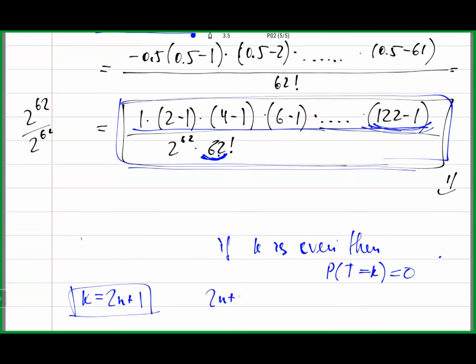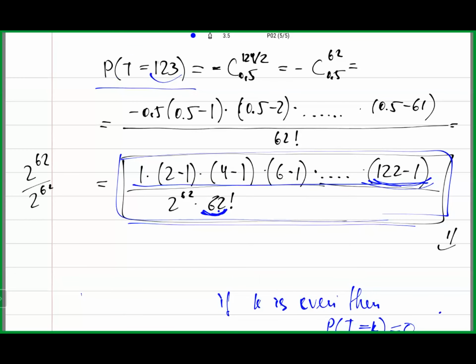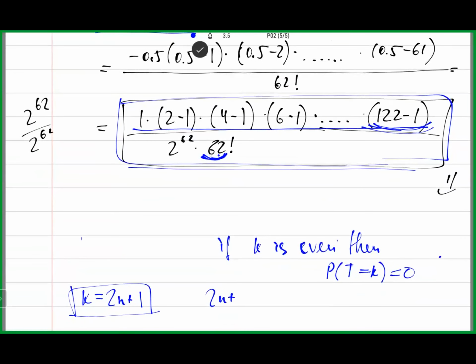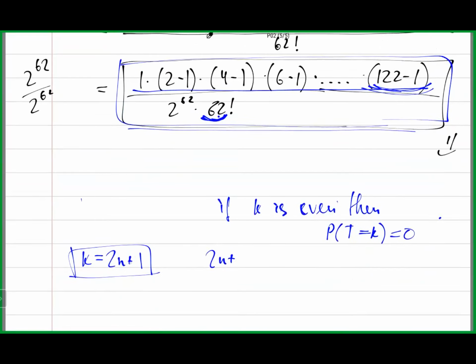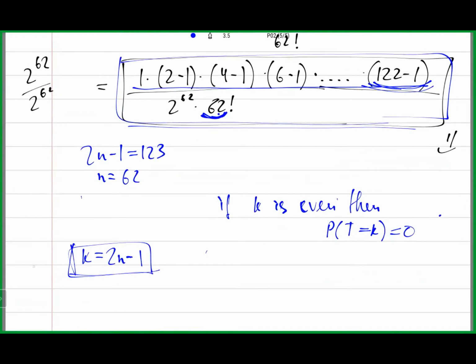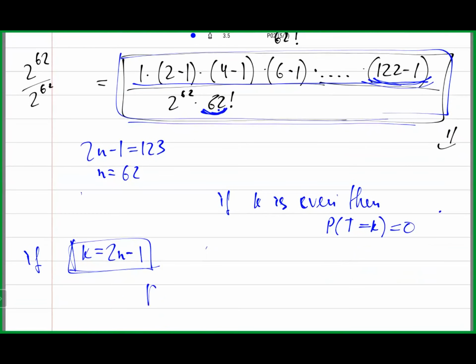Hence 2n plus 1 is 123, and 62 is just n, or 2n minus 1 is better, yeah? So if 2n minus 1 is 123, then n is 62, yeah? Hence, if k is odd, k is equal to 2n minus 1, then the probability that T equals k is,